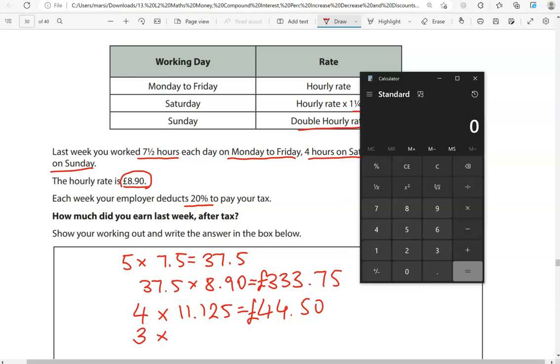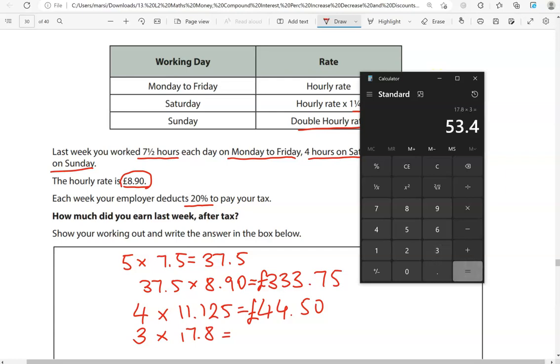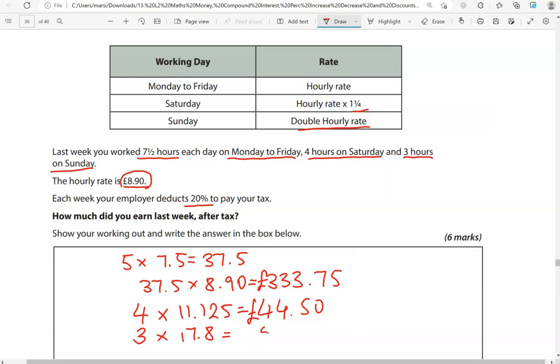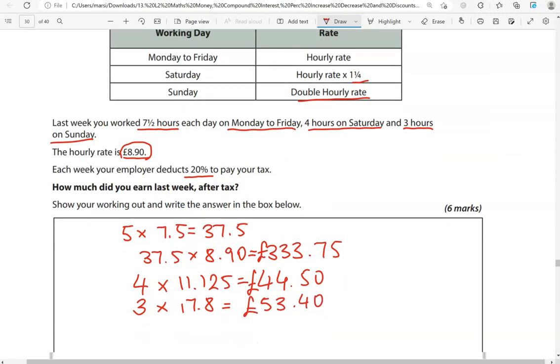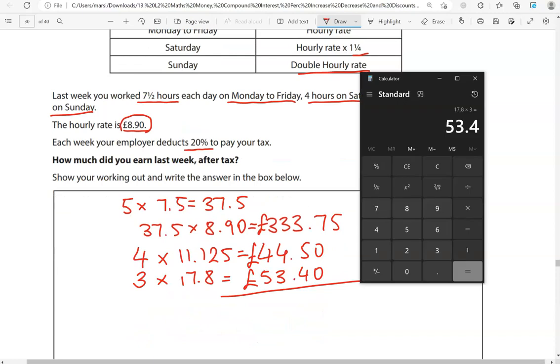3 hours on Sunday at double hourly rate. So that is 2 times £8.90, which is 17.8. So multiplying that by 3 gives us 53.4, £53.40. If we add all of these together,